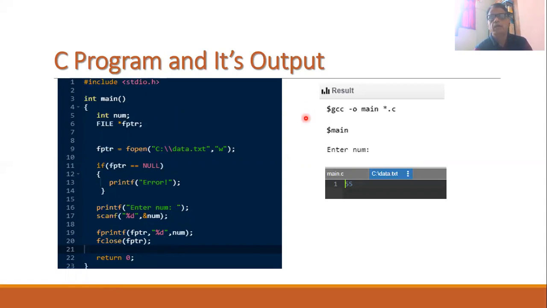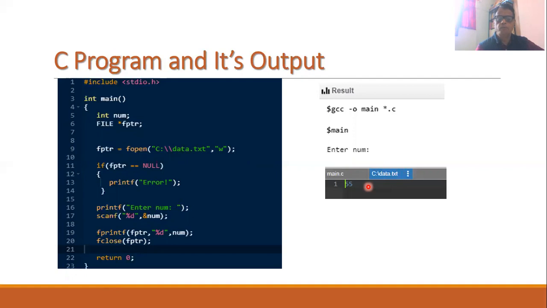So when you type this program by using the editor of your compiler, and when you execute this program, then you will find that the user will be asked to enter the number, and then that number will be written into the file. That is, the file will be created on your hard disk.